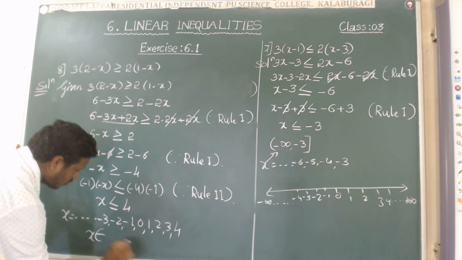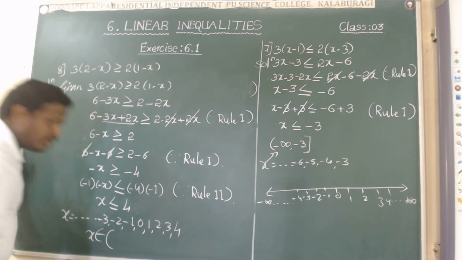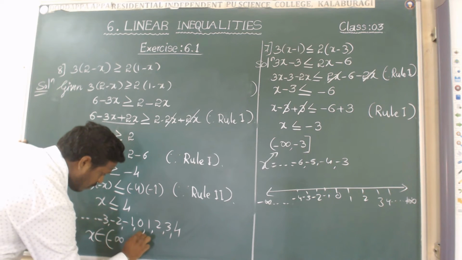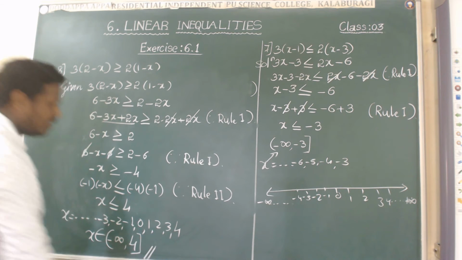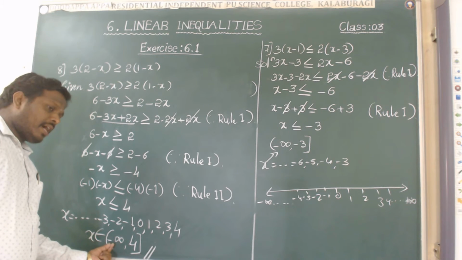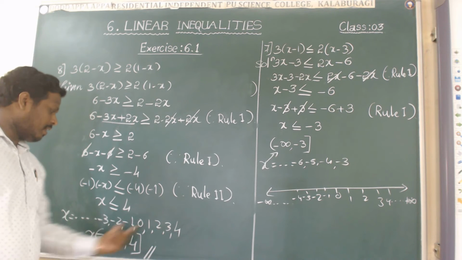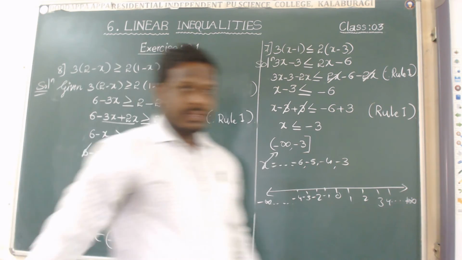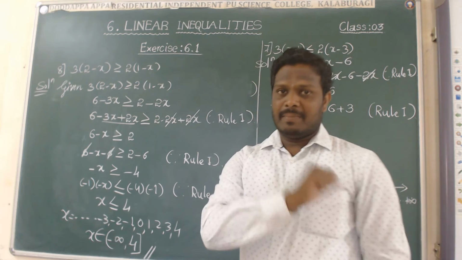The value of x belongs to the interval minus infinity to 4, open with closed interval. This is the required solution. This stands for excluding the infinity value and including the 4 value in x. I wrote already about this one. By using these values I am writing in interval form. The last step is the required solution for x when x is a real number.